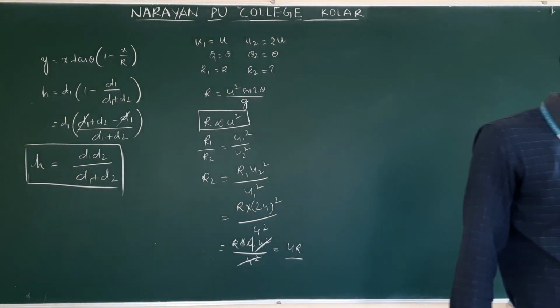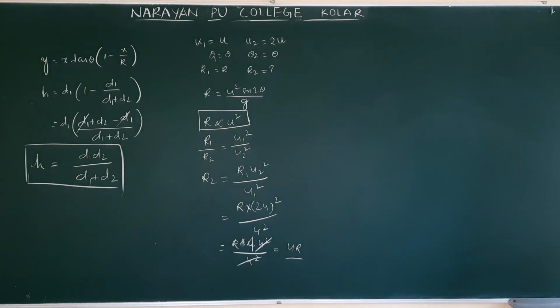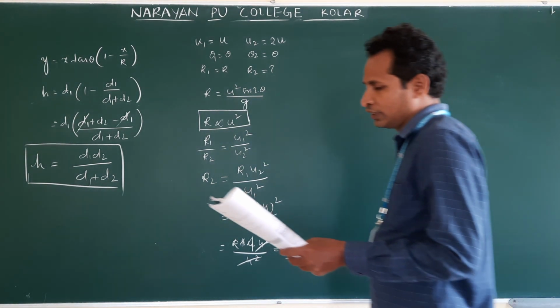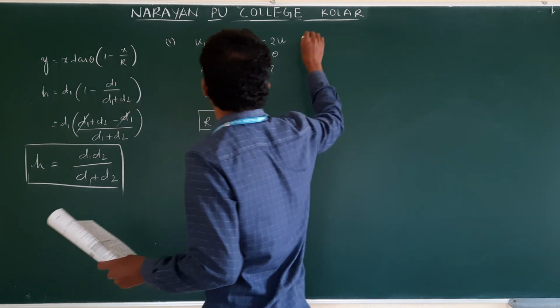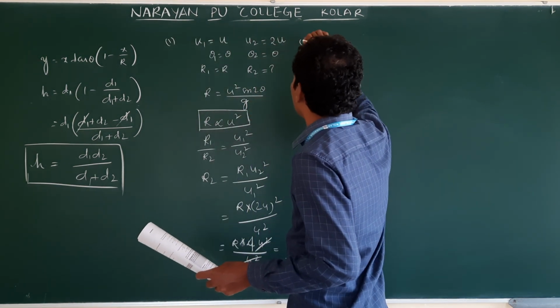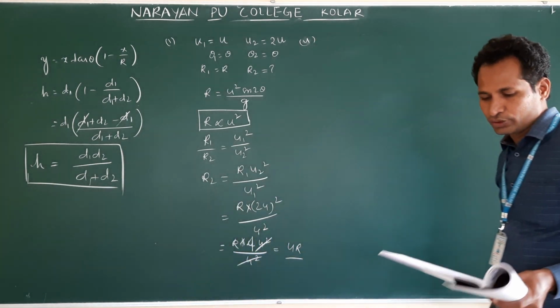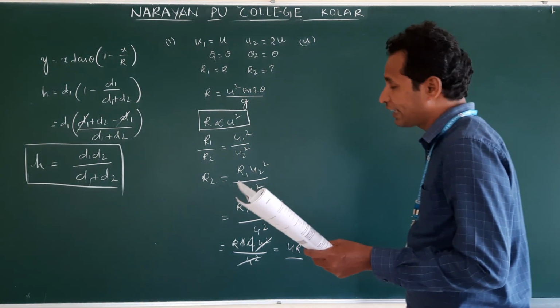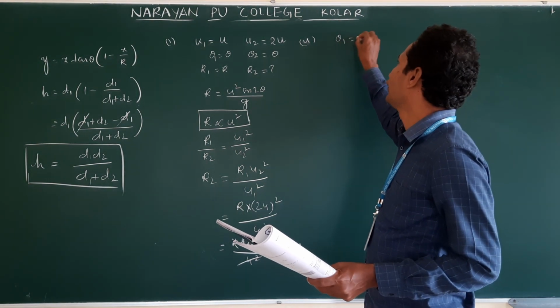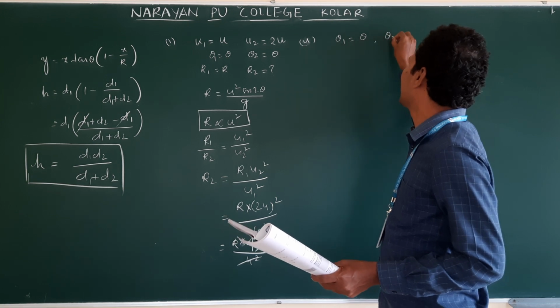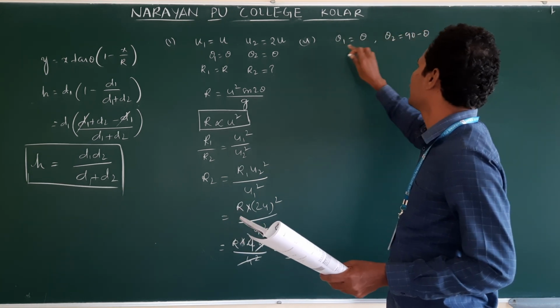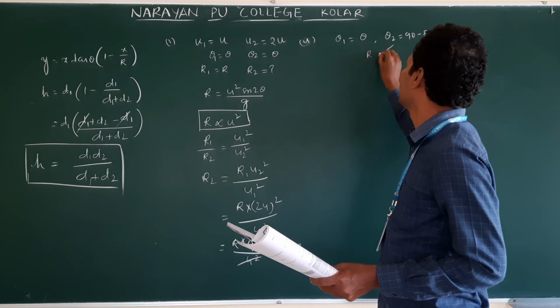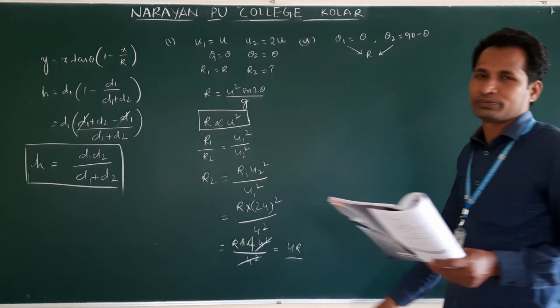Third question, time of flight is given and they are asking maximum height. And the fourth question is important. Test your knowledge. Actually you have to do this, but in this case it is important. In these questions, I am explaining the important ones. A projectile can have the same range r for two angles of projection. For what angles? If theta 1 is equal to theta, the second angle is 90 minus theta. For these two angles of projection, range remains the same.